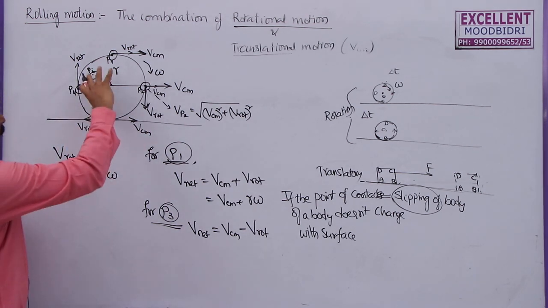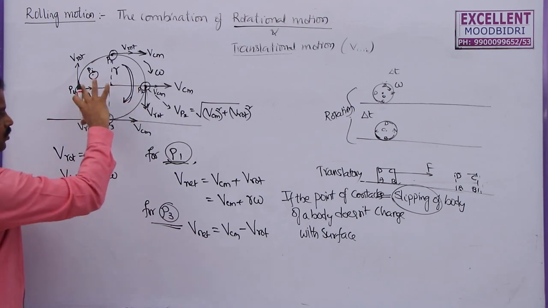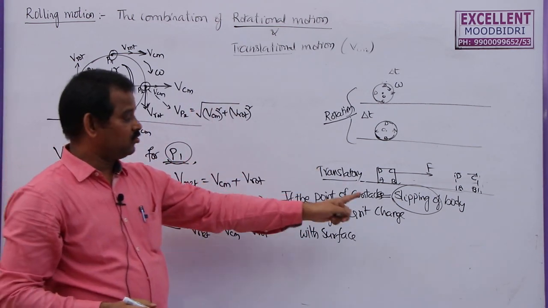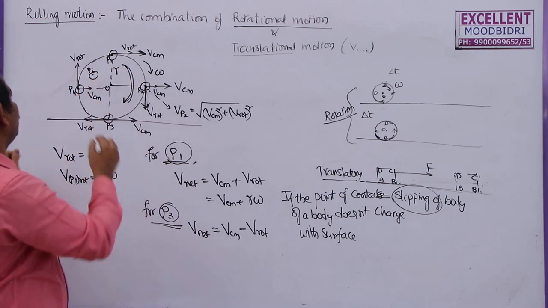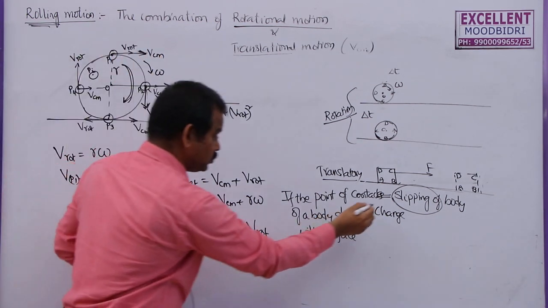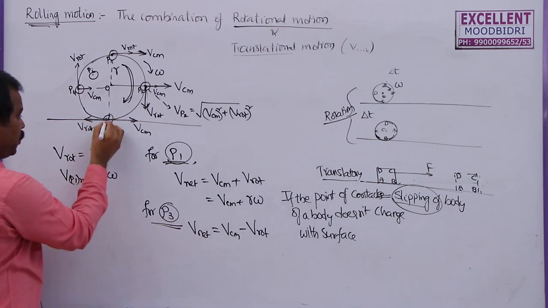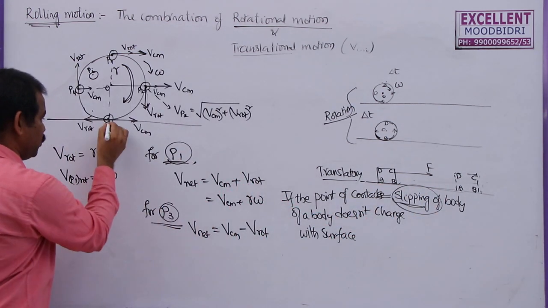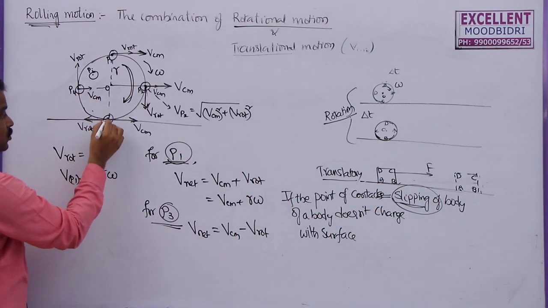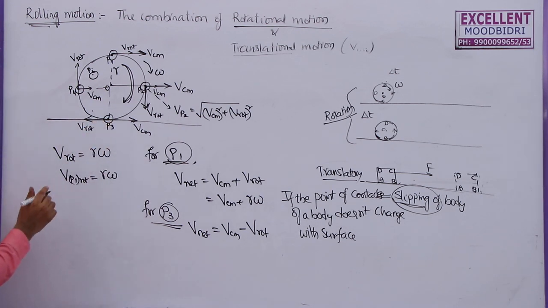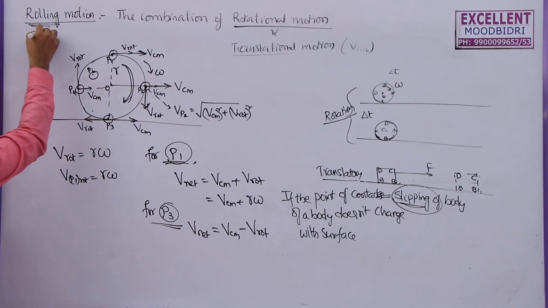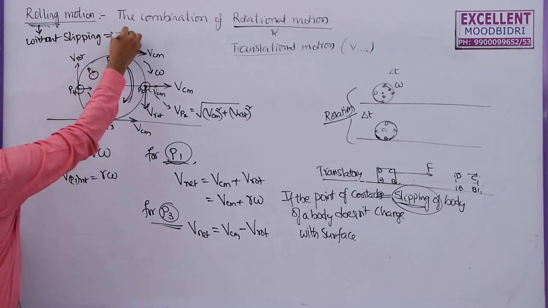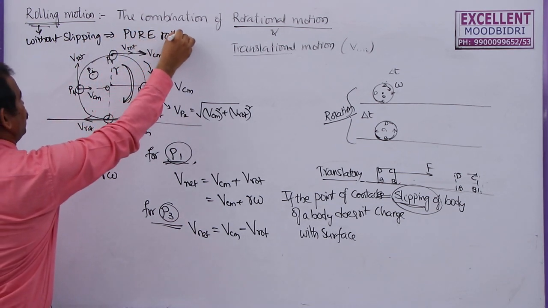Now when it is rotating like this in the clockwise direction, it is going to have rotational motion as well as translatory motion. So what is the condition for this body to have this rolling motion, the combination of these two, without slipping? That means it should not slip here. So this point has to change. Here for translatory motion, that means slipping, A is constant, but here this point should move here. This point should come here. So to not have slipping, that means rolling without slipping, we call this pure rolling motion.